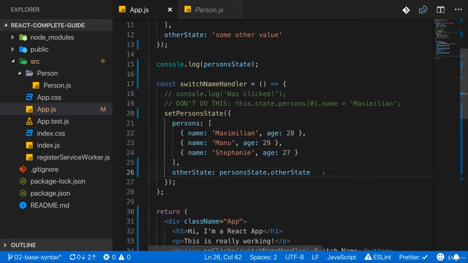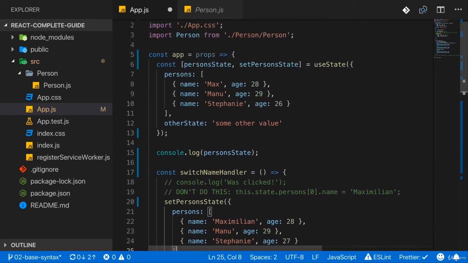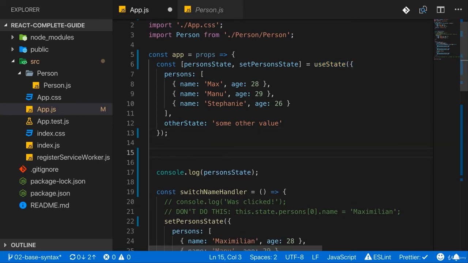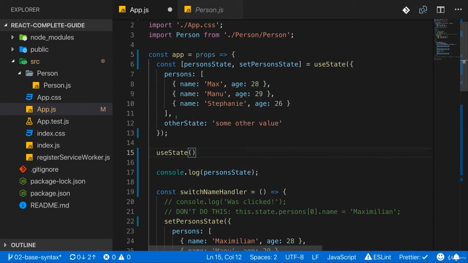But the more elegant way is actually to not manually merge your states, but instead use useState multiple times. Whereas in class-based components, you only have one state property, and this set state automatically merges changes with the old state to not discard any state. Here, you can have multiple useState calls. So we can call useState again, and there, if we wanted to manage our other state, we could pass in